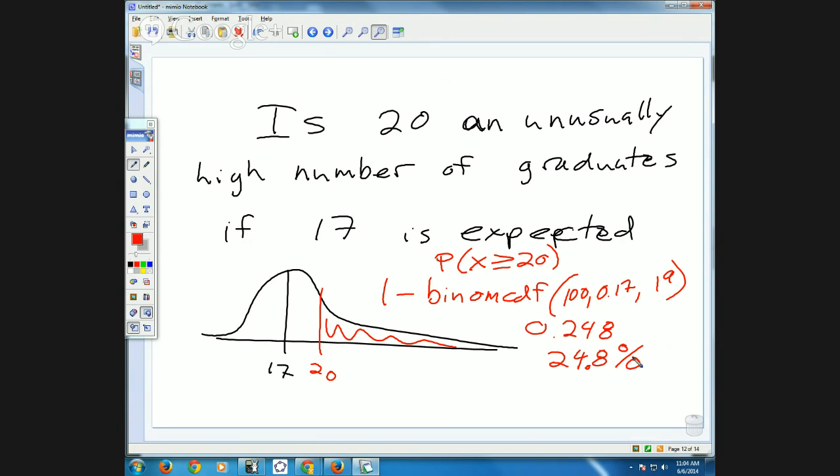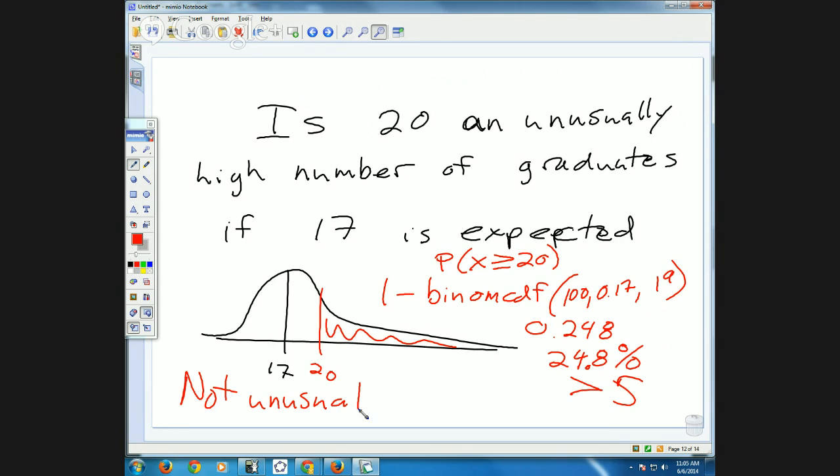Is 24.8% a small enough probability that you would say it's unlikely to happen? It happens like 25% of the time. That's not unlikely. It's not really likely, but it's not unlikely either. It's just in this fuzzy zone in between, right? But it's not unusual, is it? We do have a definition for unusual. Unusual is the tail probability is less than 5. That is definitely greater than 5. So this is not unusual,